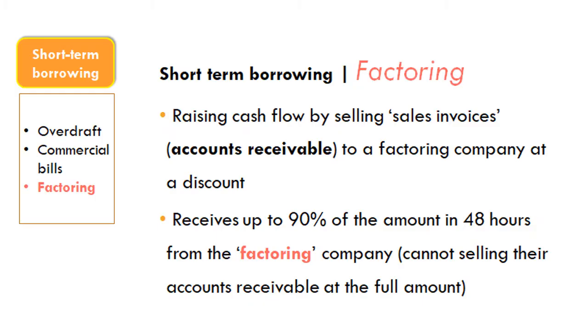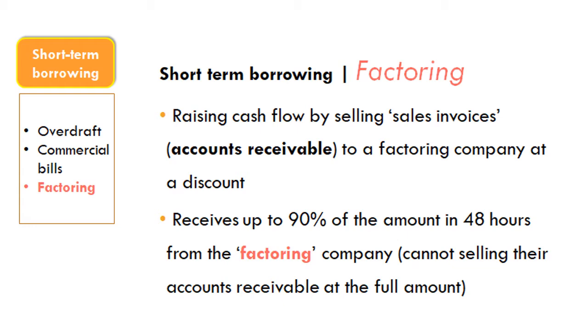Now, in regards to the third type of short-term borrowing, here we're looking at factoring. Factoring basically is selling your debts to somebody else, and then it's their job to chase the money. So you'll receive 90% of the amount within 48 hours from the factoring company, and then that factoring company is going to chase those people that owed you money to give them back that money. So I guess the trade-off here is that they make a little bit of a percentage of that debt. So they will make, say, 10% of that debt. It's one way of ensuring that you get your money straight away, and then you don't have to chase those